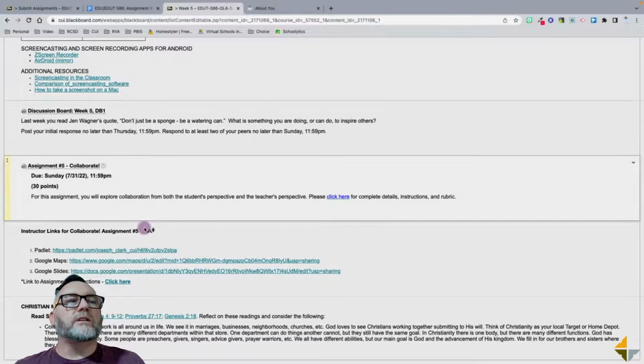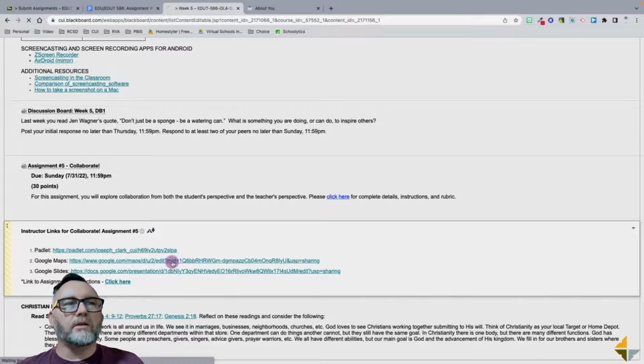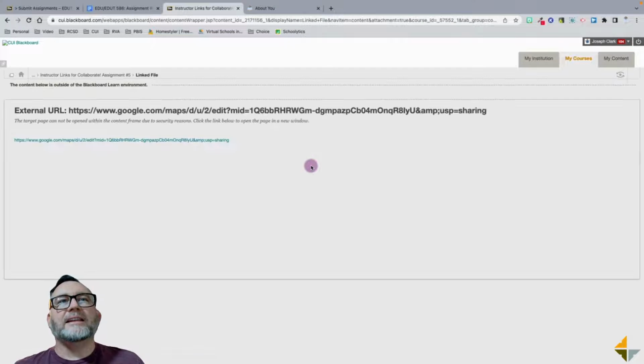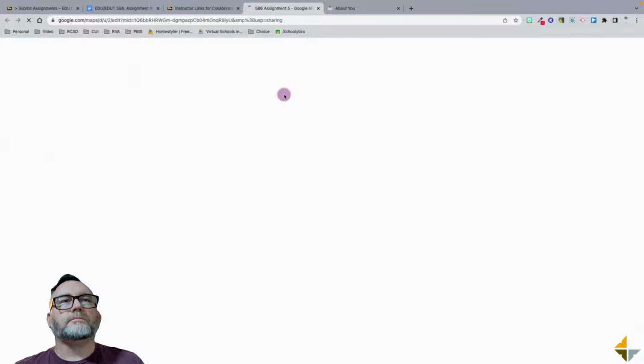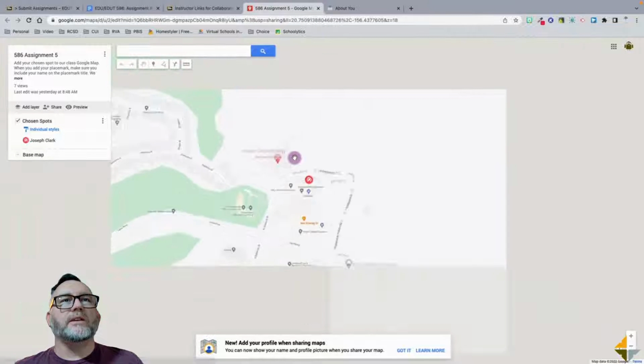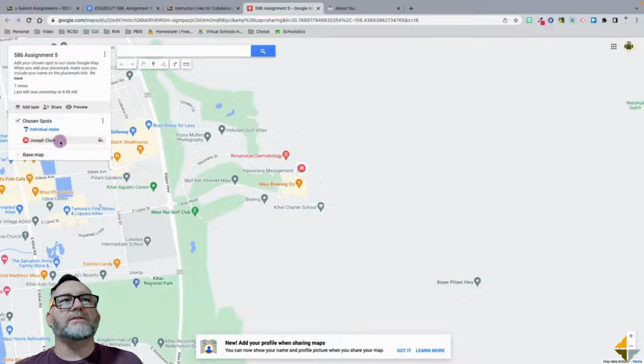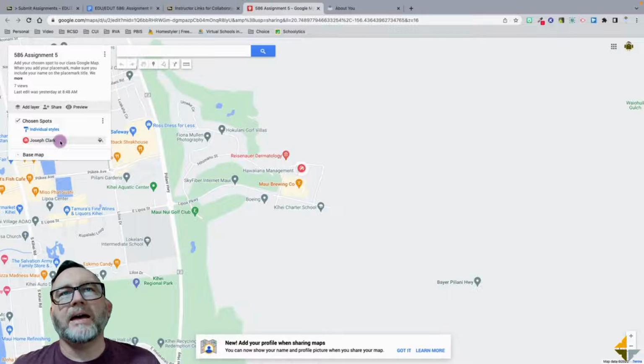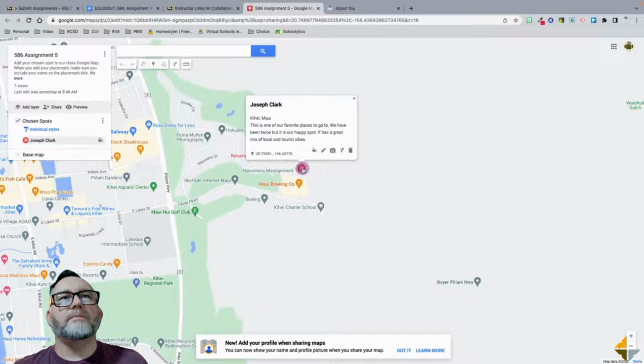The next one is using Google Maps. So if you didn't know, you can create a Google Map and add it to Drive and share that with people. And so once again, your job is to add a place to this map that you want to go. There's my pen right there, and you can see it's got my name and a little bit Kihei, Maui. This is one of our favorite places to go. So make sure your name is the location title there,